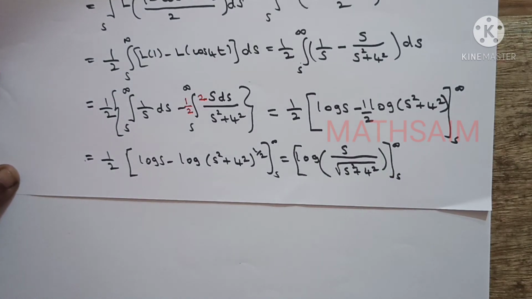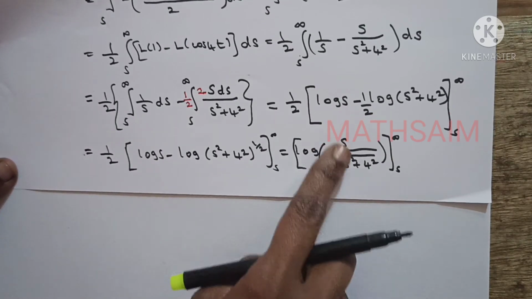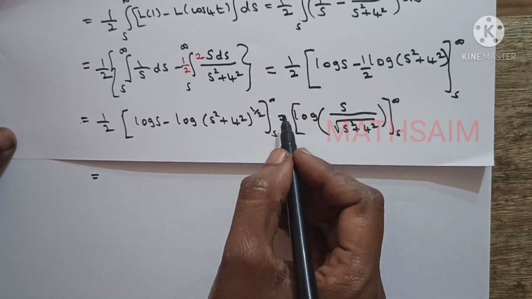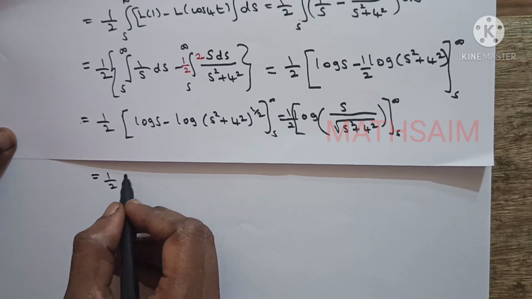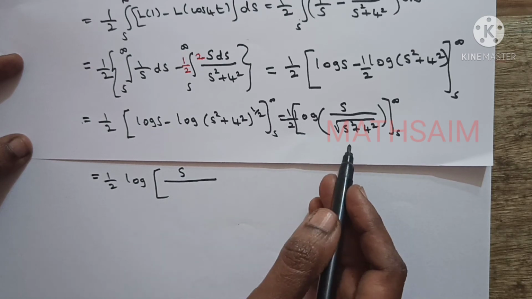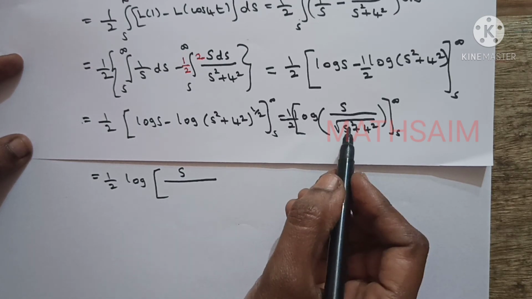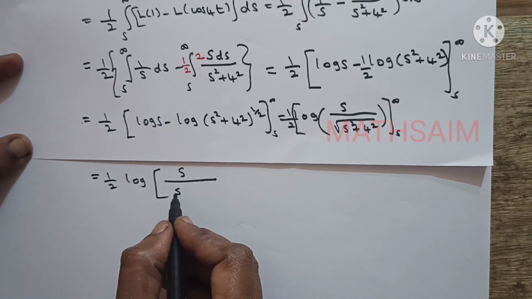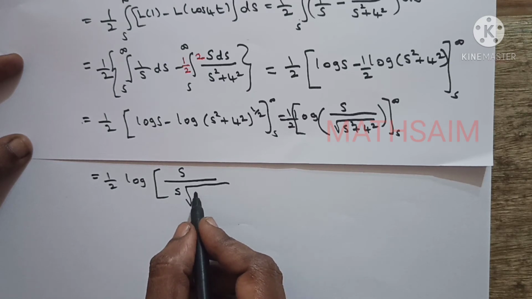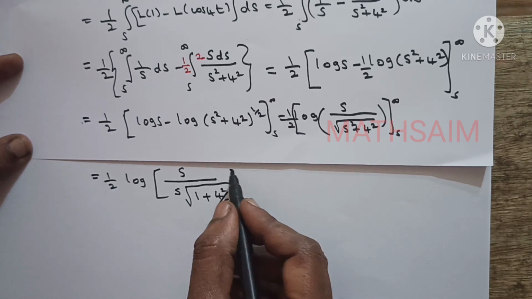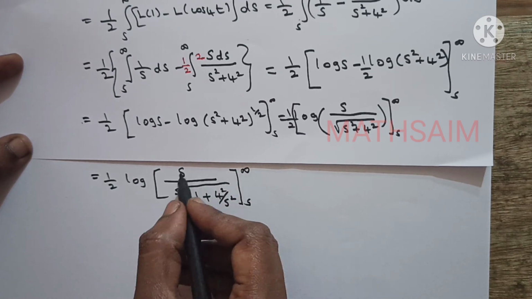Now you have to substitute the upper and lower limit. As I said before, here you cannot directly apply the upper limit. If you substitute, definitely you'll get an indeterminate form. So to avoid that, you should do this simplification. This is equal to 1 by 2 into log of, you just take that s outside from the denominator. You take this s square out of this square root, so it becomes s only, and within the square root you'll have 1 plus 4 square by s square. The limit varies from s to infinity.